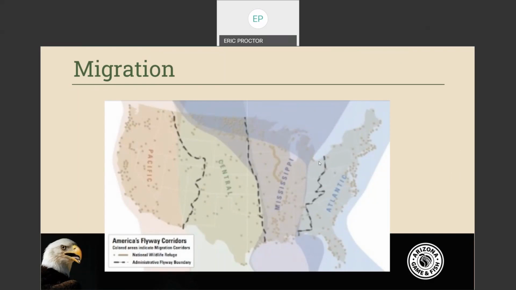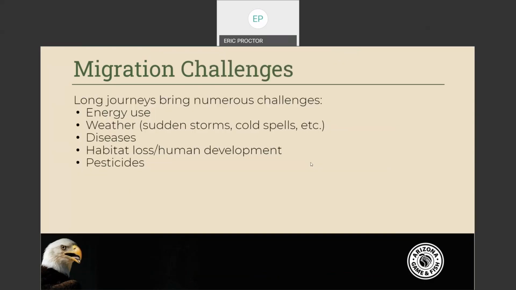Of course, long migrations present many problems for the birds who engage in them. Obviously, migrations take a tremendous amount of energy, so the birds need to be able to either stock up on food prior to beginning the migration, or be certain of finding plenty of adequate food along the route so that they can translate that into energy. There is also a chance of bad weather that could put a tragic end to the migration, or it could result in birds being blown off course, like you see here.